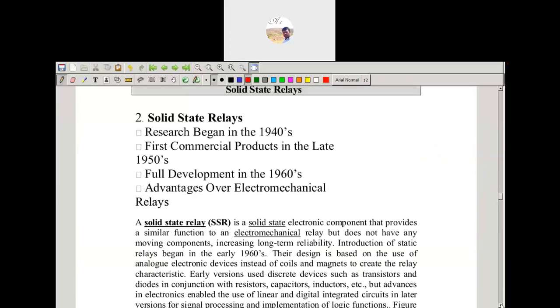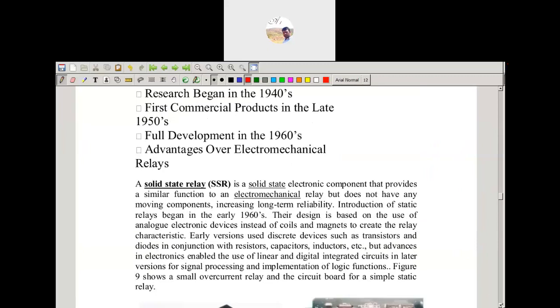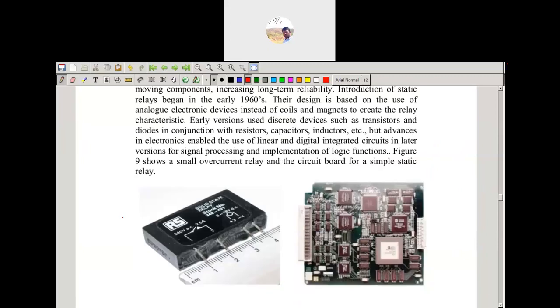Next we have the solid state relay. It began in research in the 1940s, and the first commercial ones came in the 1950s. This is another type, an advance over the electromagnetic relays. A solid state relay is an electronic component, and in this type of relay we combine electronic circuit components, which include resistors, capacitors, inductors, transistors,